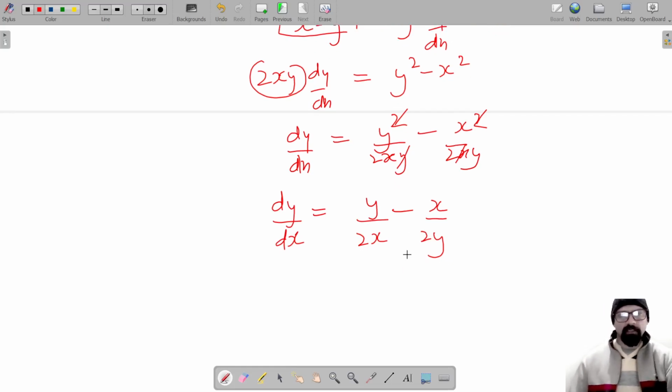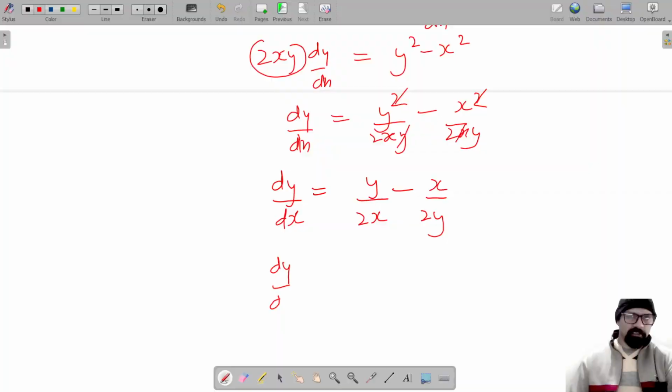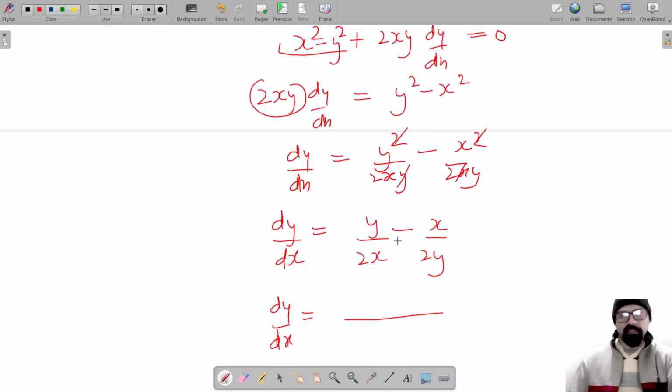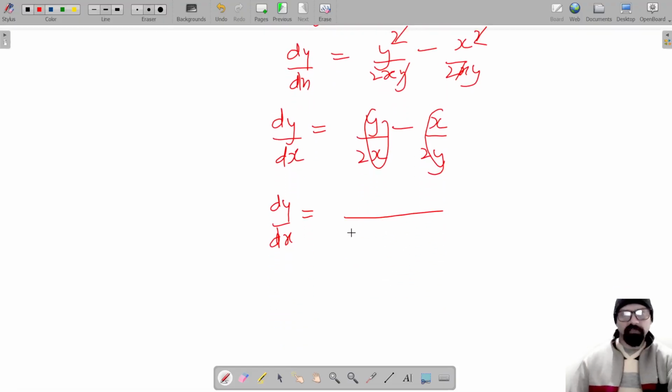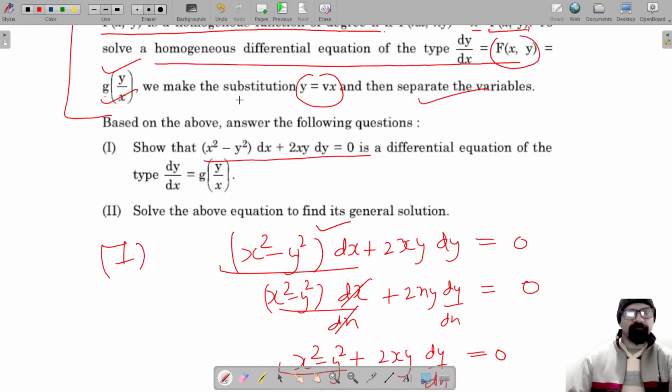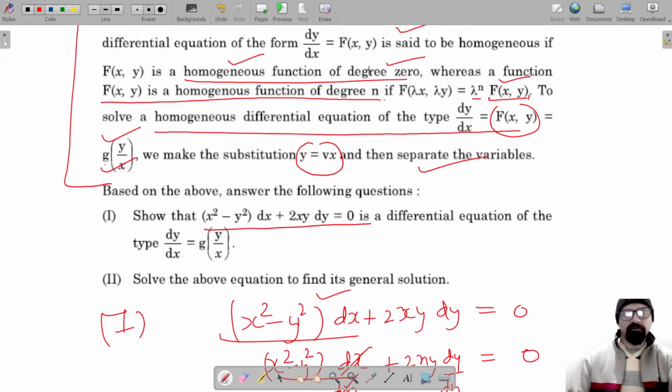इसे मैं अगर यहाँ एलसीएम ले लूँ तो ये बन जाएगा dy/dx। हमें चाहिए थी y/x, तो यहाँ y/x है और यहाँ y/x नहीं है, इस x को नीचे ले आता हूँ। तो ये बन जाएगा, आई कैन राइट इट एज, वन बाय टू y/x और मैं इसे लिख सकता हूँ वन बाय टू y अपॉन x। तो अब y/x की रिप्लेसमेंट होगी v के साथ। आपको रिप्लेस करना है y/x को v के साथ।